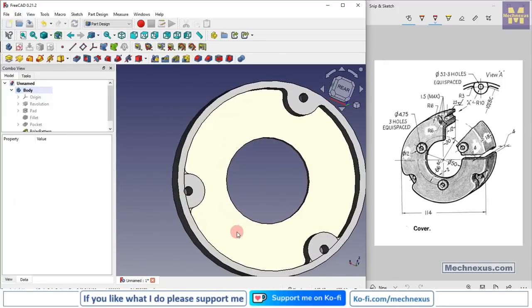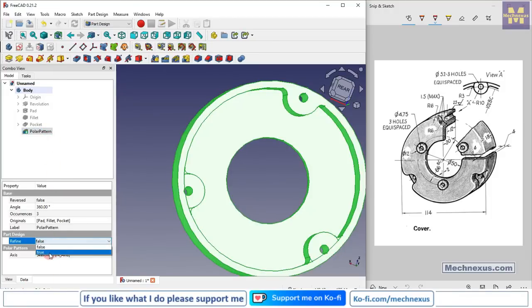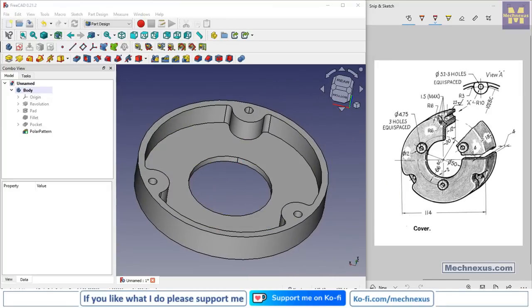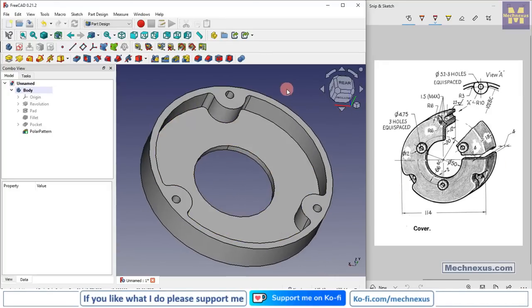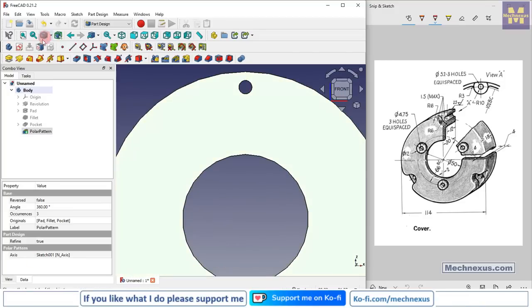Now here we will use the refine tool, select the polar pattern, set refine, set true. Now we will press 0 for isometric and switch to the front view, and we will select the face and click